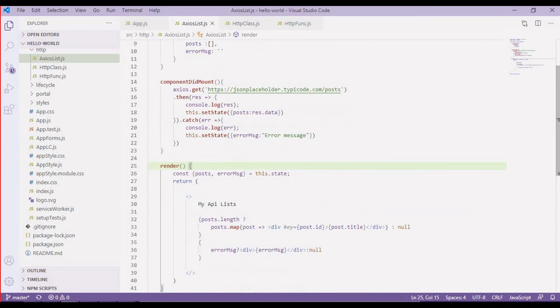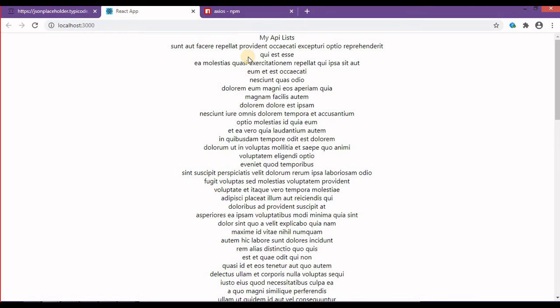Now if you look at our browser, I hope it will work. Okay, so now it is working. It has fetched the data correctly from Axios.